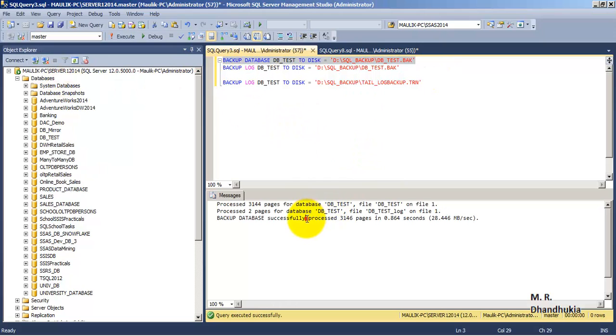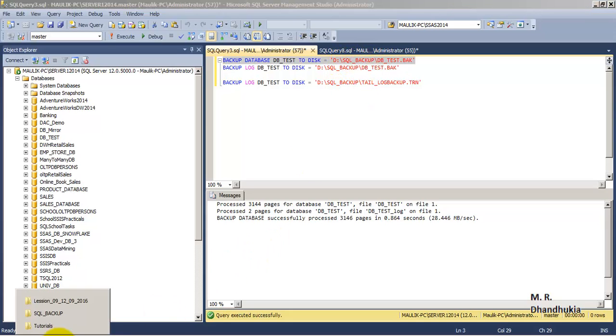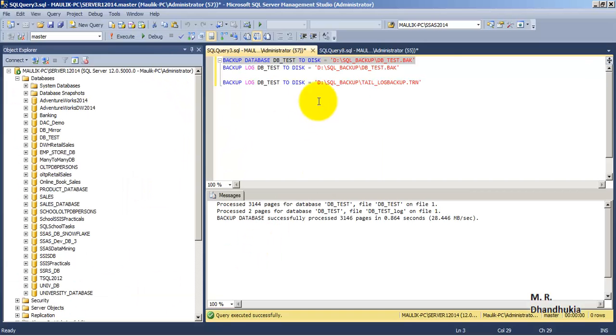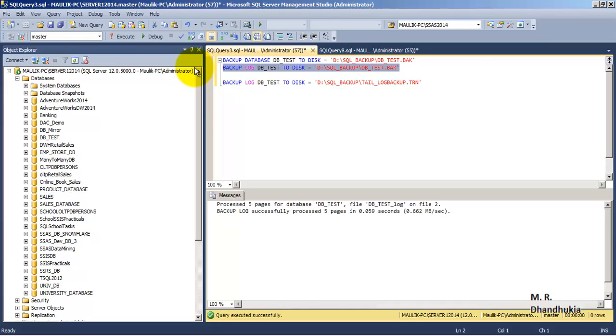Okay, so the backup has been processed successfully, and it has been put in the D SQL backup data folder. So let us go in that folder. So now the backup is available. Okay, now let us similarly backup the log for this particular database, and that has also been added to the